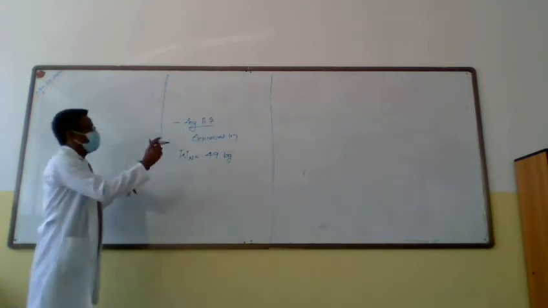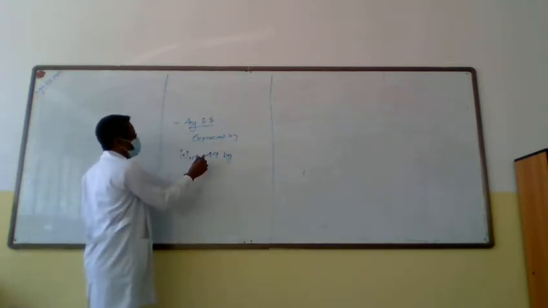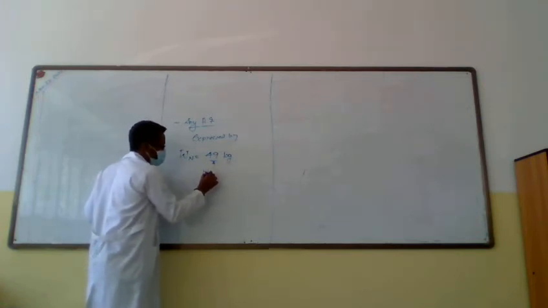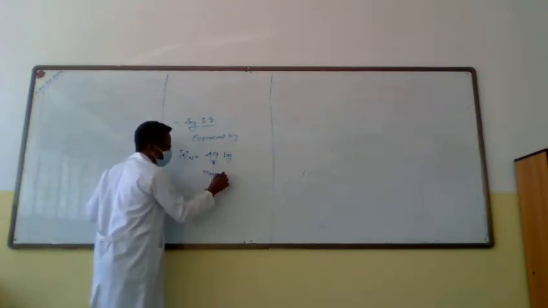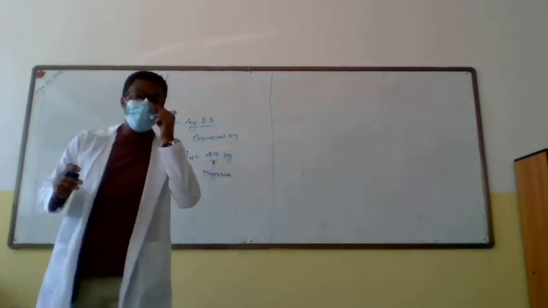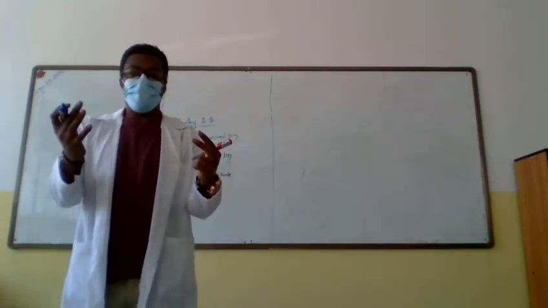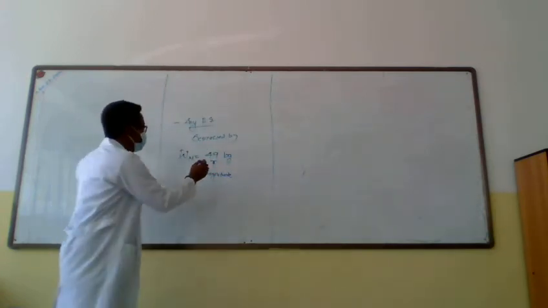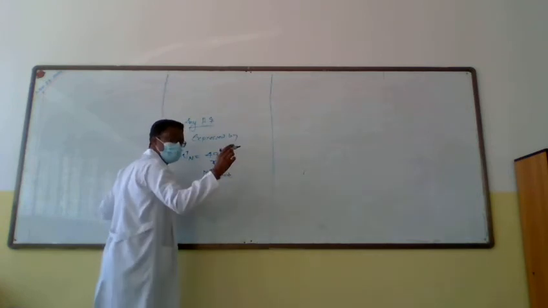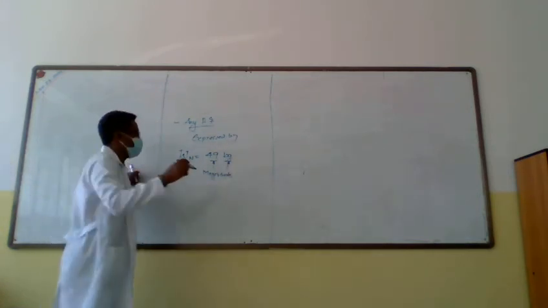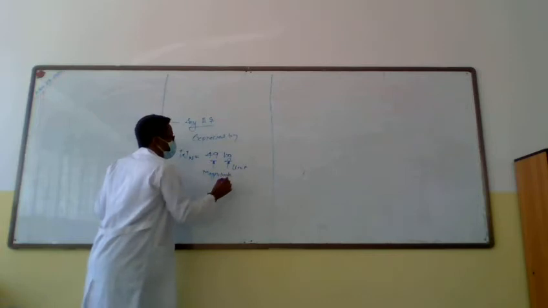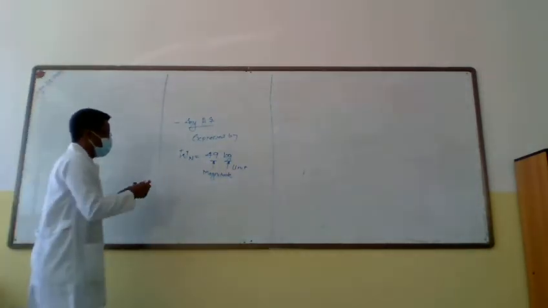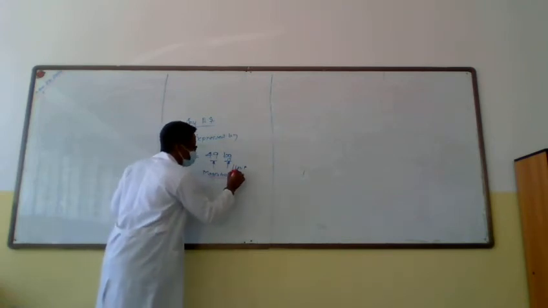So any physical quantity is expressed by two parameters. The weight of Nako is 49 kilograms, so this 49 is called the magnitude. Magnitude is just the amount. How much is Nako's weight? It tells us the amount. And kg is the unit, exactly. So physical quantities are expressed by two things: the magnitude and the unit.